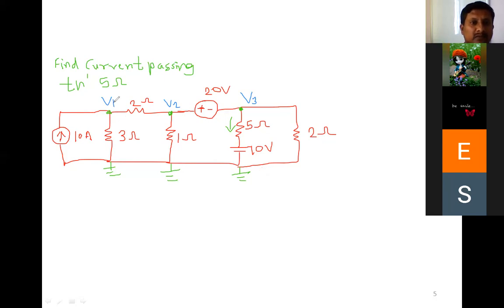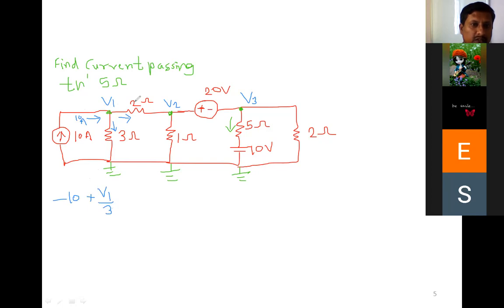So just I will tell. For this principal node, 3 branches are there. Already this current is incoming according to this direction, so that is 10 ampere. We can take it as incoming. This is outgoing. The current is not known, so this also outgoing. So here we can easily apply the KCL. V1 minus 10 because it is incoming. Next plus V1 by 3. I will write here minus 10 plus V1 by 3.